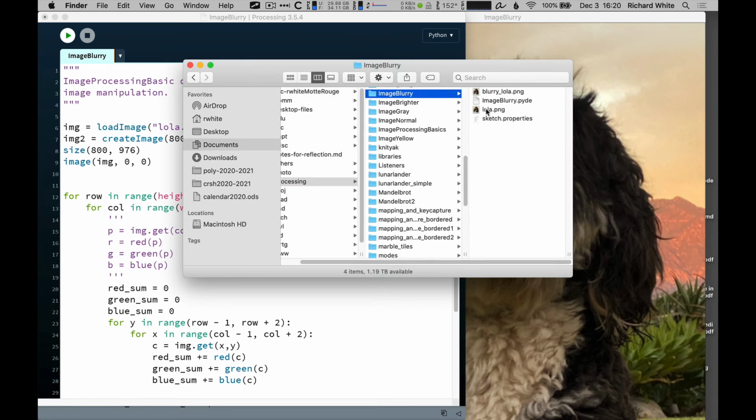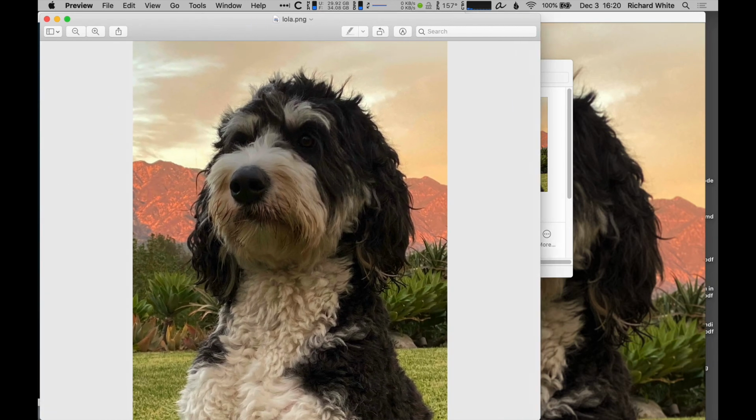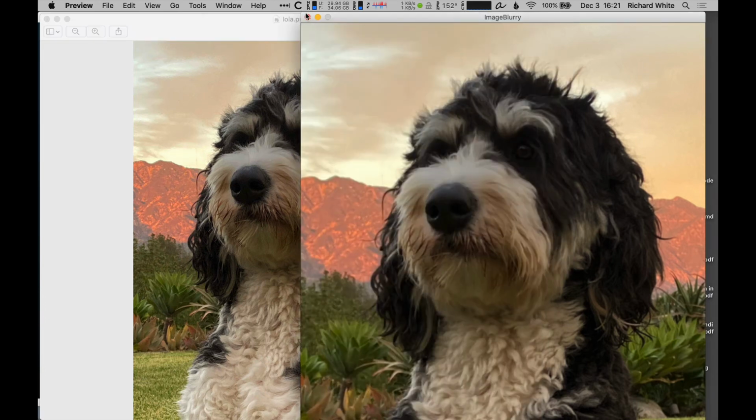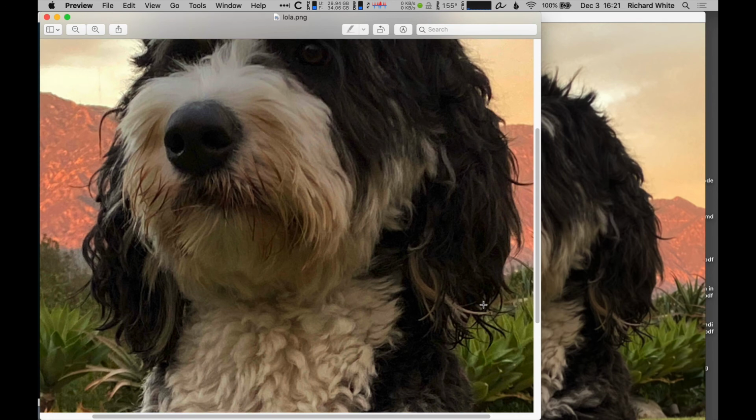Image blurry, there it is, and here's the original Lola. So I'll expand that a little bit, and you can see there, looking at the background, I'm looking at her hair there. It does look a little bit blurrier, doesn't it? It may be because the screen has expanded a little bit. If I were to expand this, I wonder if it would look